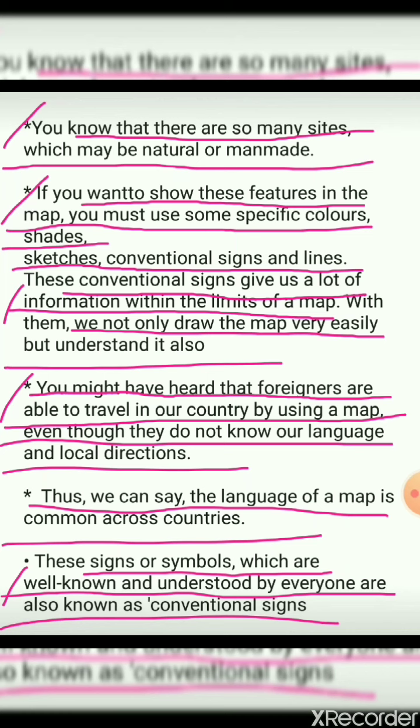So students, now I'm going to show you a video, and in that video you will very easily come to know it's about traffic rules. You will very easily come to know what different types of conventional signs or symbols indicate. Okay, after this there's a video, and after that video we will see to it.